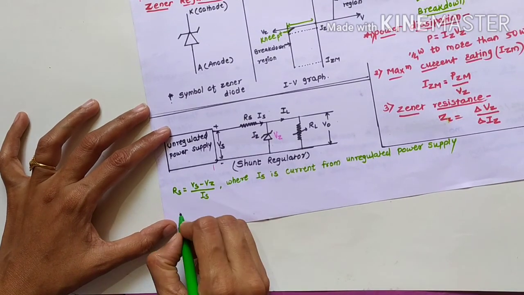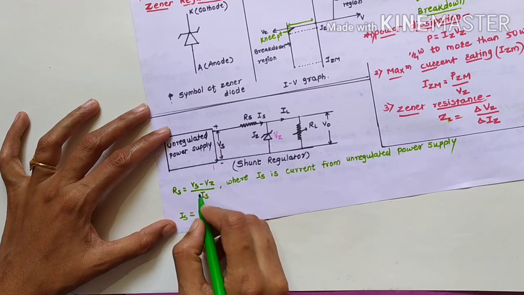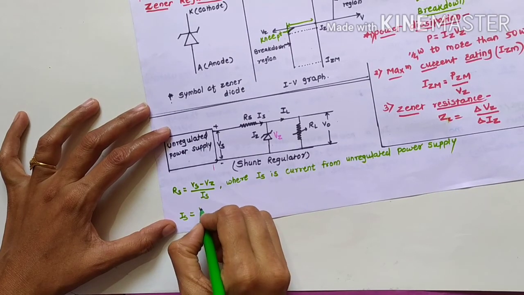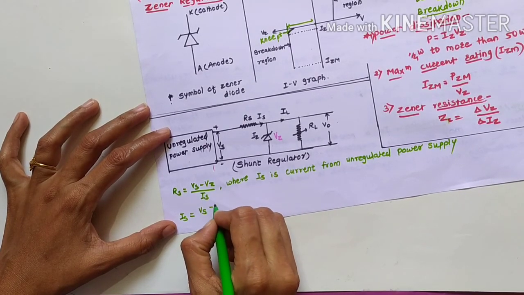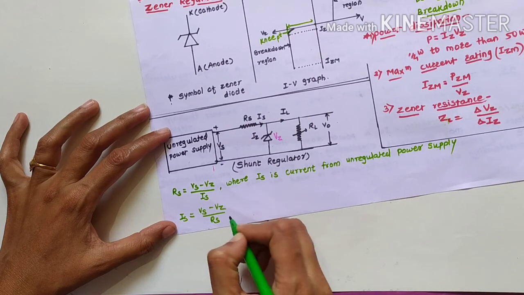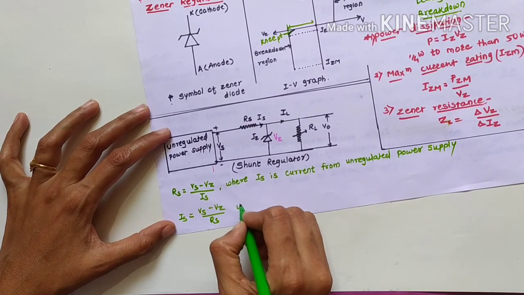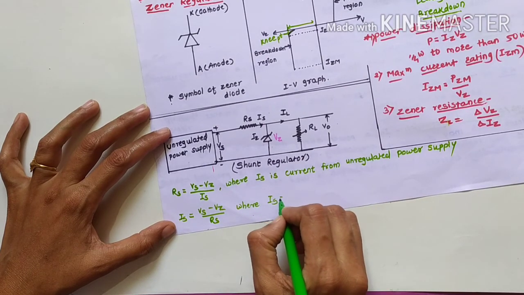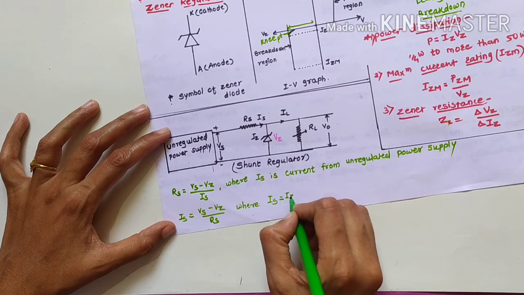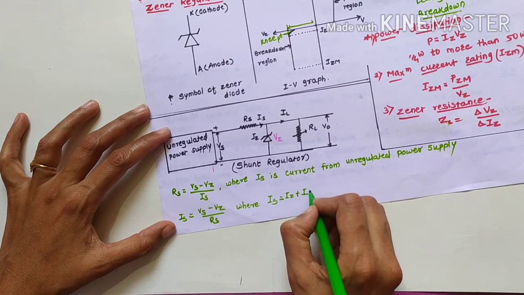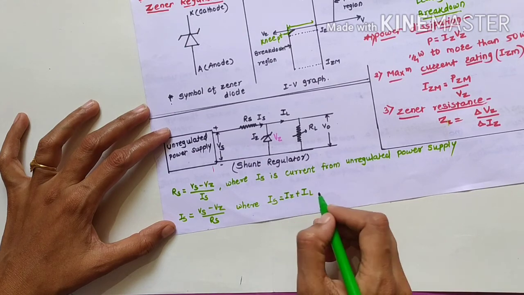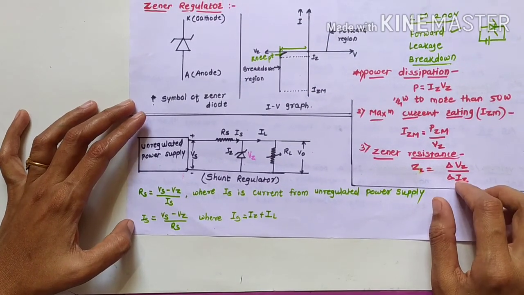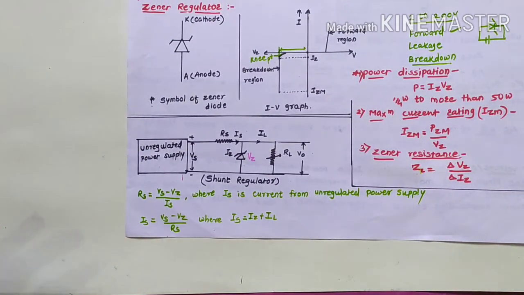In a similar way, we can write Is is equal to Vs minus Vz upon Rs, where Is is the current through the Zener plus the current through the load resistance. Okay, students? So, this equation